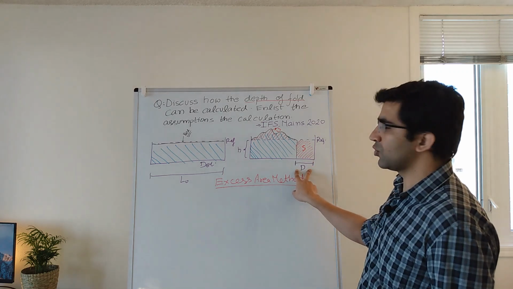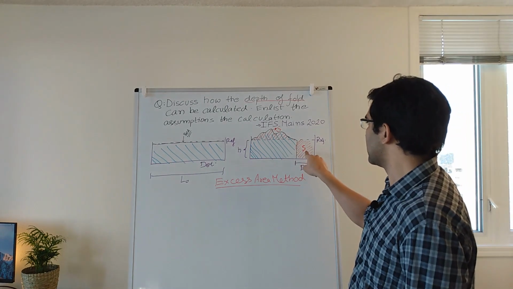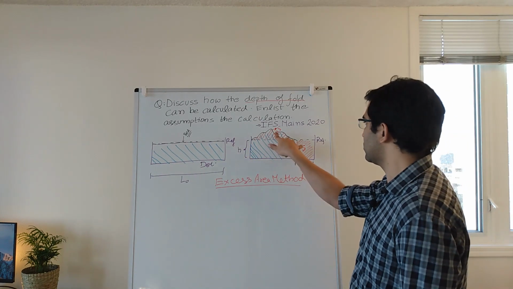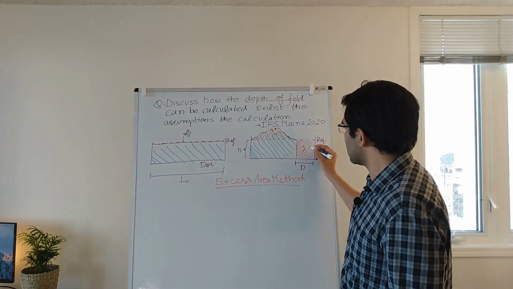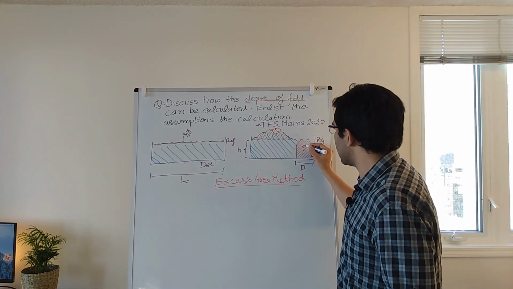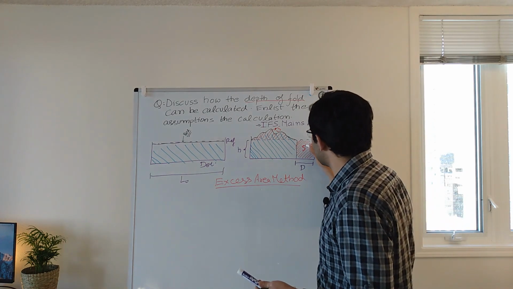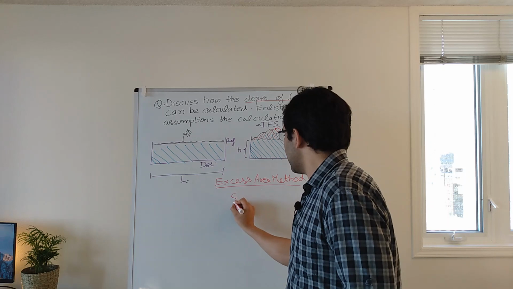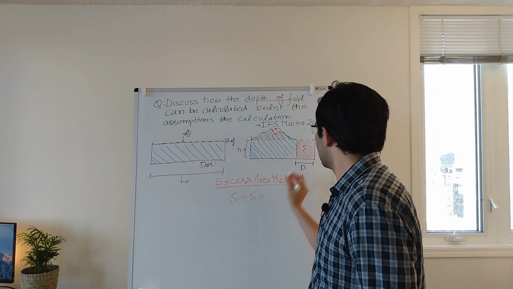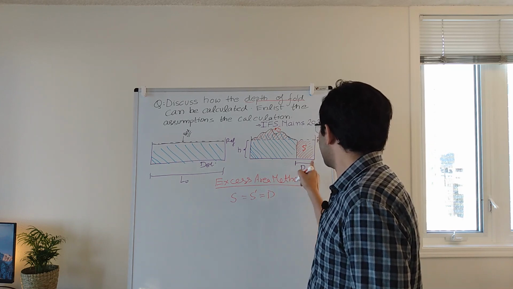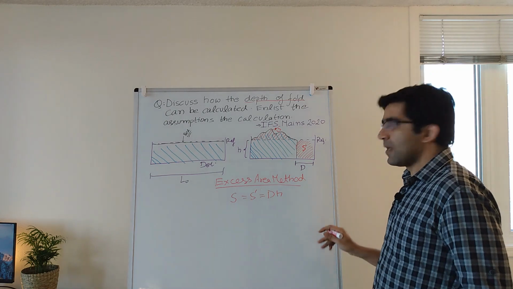with one side equals to D and another side equals to H. So the area S here is basically D into H. So these two areas are equal. Let me just call it S prime, so that I can differentiate these terms. So S equals S prime, and we know S prime is equal to D into H. So this is the area that we will use.